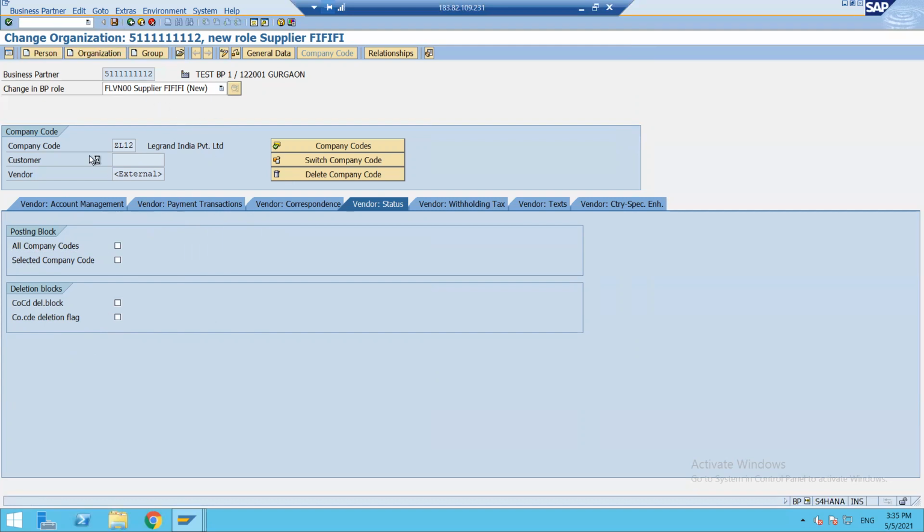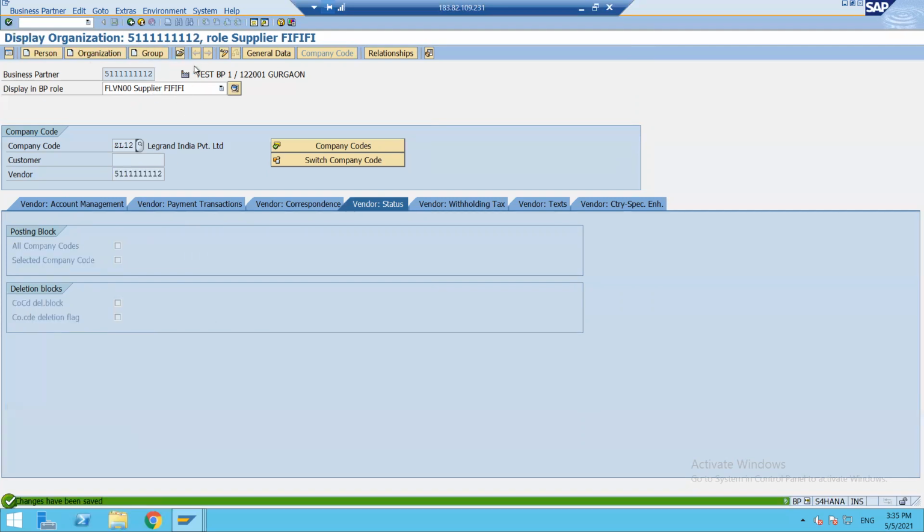Okay, and after this, once you save, the same number will generate. There is no separate number range, it's the same number. And see, once you maintain it, the same number is showing here also for the vendor. Now again you have to go in change mode